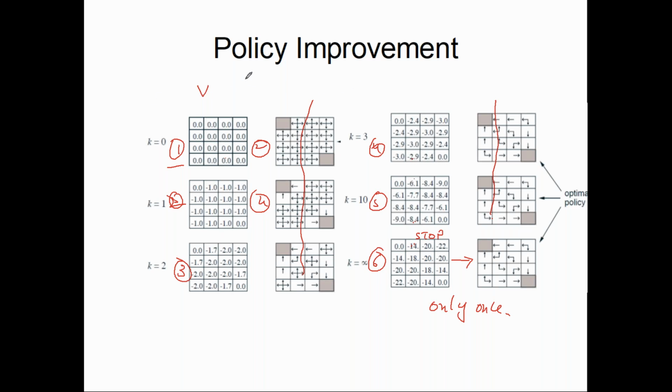So in your policy iteration, the number of times you do the evaluation and the number of times you do the iteration are equal. Whereas in value iteration, you're finding out the value here 1, 2, 3, 4, 5. Then you stop it. Then you go ahead and do the final iteration. In value iteration, you do the iteration only once.